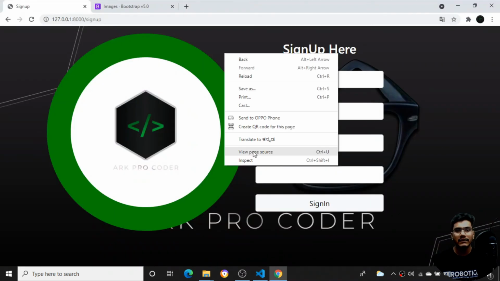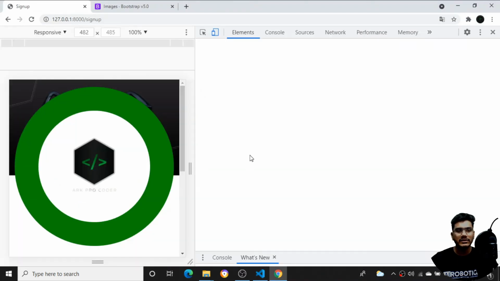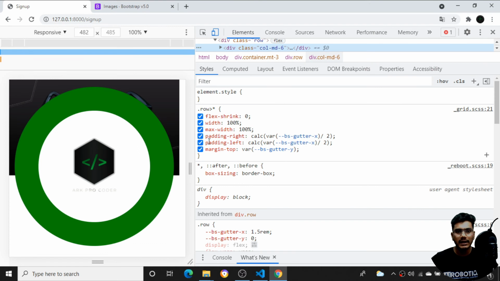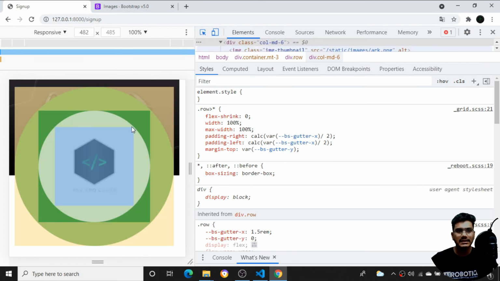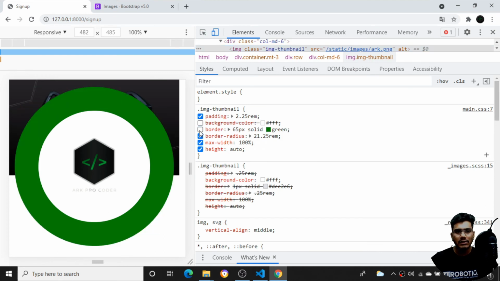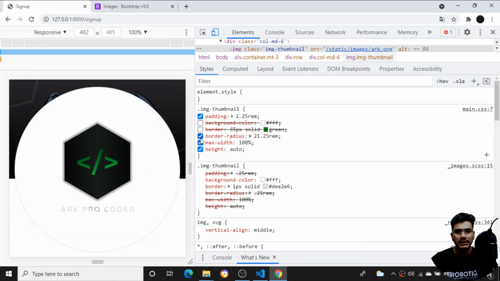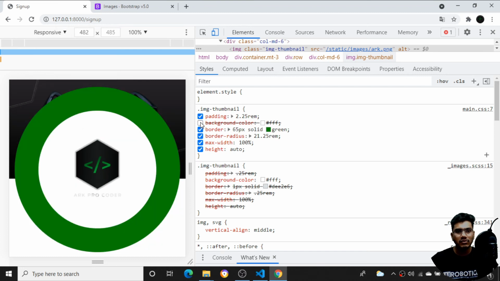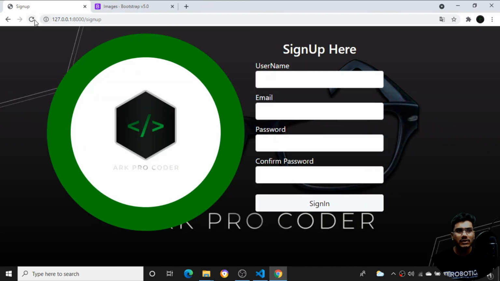It's completely our choice. If I right click and inspect, suppose I want to do more changes over here. So whatever I select, I'll inspect and select this one. I don't want a border itself. Along with that, I don't want the max width and height. So border radius I have given. So border color. If I remove the background color, it is not removing the background color, so before it was getting deleted.